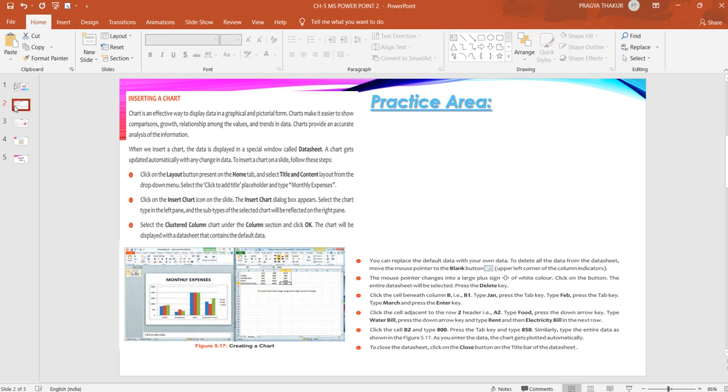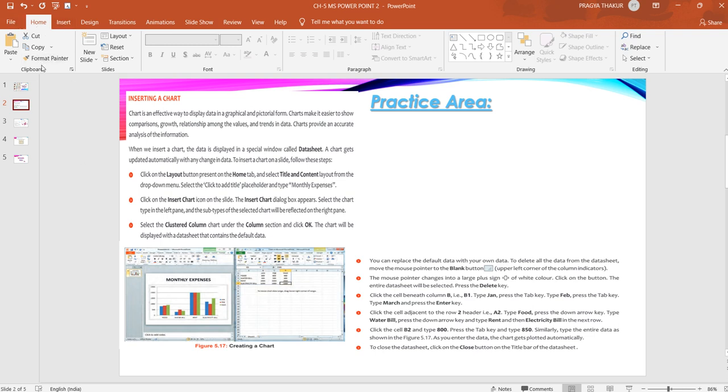So for each and every chart there is one data sheet attached here. Data sheet means a page of an Excel sheet. Okay, so an Excel sheet will be attached here. So what we have to do, first we need to insert a chart and that Excel sheet will come automatically here in our slide. Quickly I'll show you.